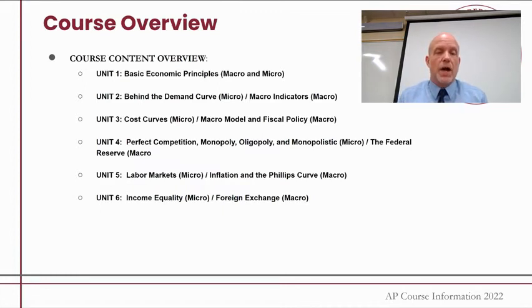And of course, for unit 4 for macro, we talk about the Federal Reserve, which again is a concept that would be hard for students. They don't really know a lot about the Fed, but they get it. It goes deep into banking, interest rates, and the role of the Fed and banks in our economy. Unit 5 for micro is labor markets, so understanding the hiring and where we want to hire workers, that efficient point of profit, loss, the ability to cover those costs as a labor market. And for unit 5, we have inflation and what's called the Phillips curve. And then unit 6, we have income inequality for micro, and then foreign exchange for macro.